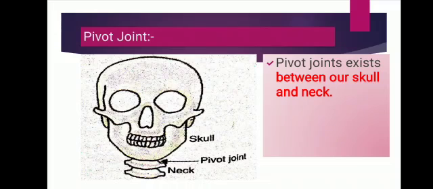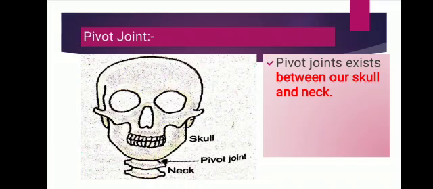The pivot joint occurs in the forearm, means the lower arm near the elbow, also. Okay. The pivot joint in the forearm allows the radius and ulna bones to twist around each other. So from this discussion we conclude that the pivot joint occurs in the neck and forearm.